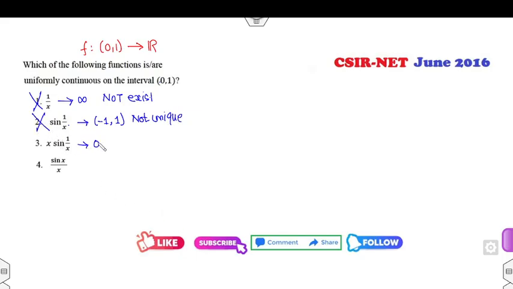It is my 0. Any number lying between -1 and 1 will go to 0. That's finite and the unique answer. And when it goes to 1, it's sine 1, which is again unique and finite. That's the right answer. This will go to 1 as x approaches 0, because it's a 0 by 0